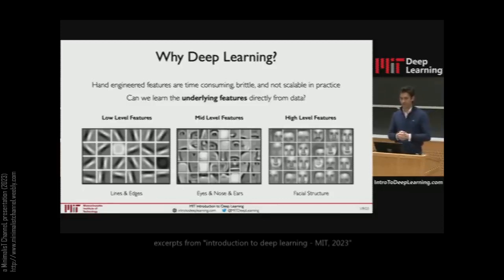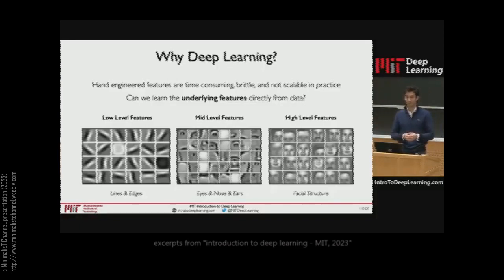Traditional machine learning algorithms typically define a set of features in the data. You can think of these as certain patterns in the data, and usually these features are hand engineered. So a human will come into the data set and, with a lot of domain knowledge and experience, try to uncover what these features might be. Now, the key idea of deep learning, and this is really central to this class, is that instead of having a human define these features, what if we could have a machine look at all of this data and actually extract and uncover the core patterns in the data, so that it can use those when it sees new data to make decisions?